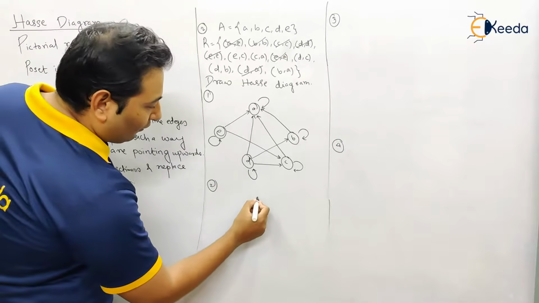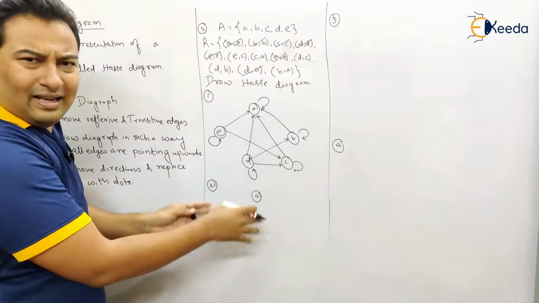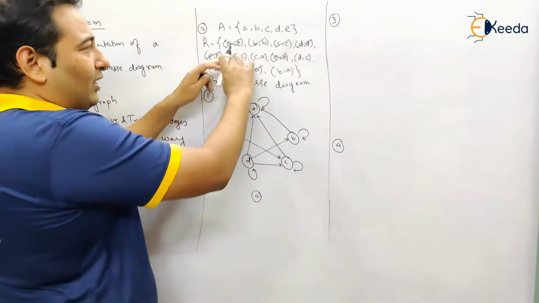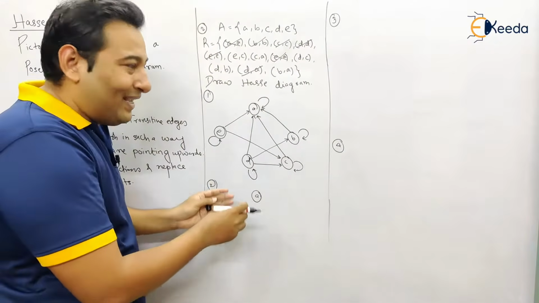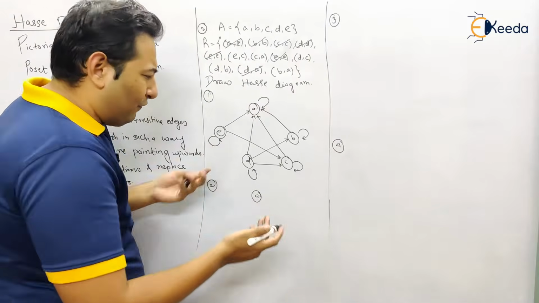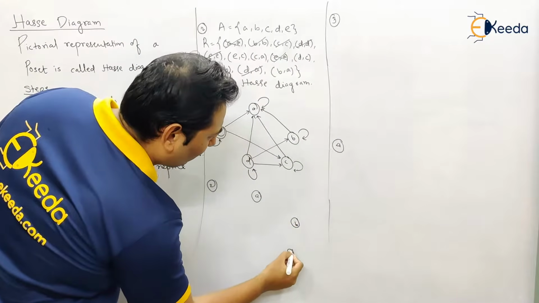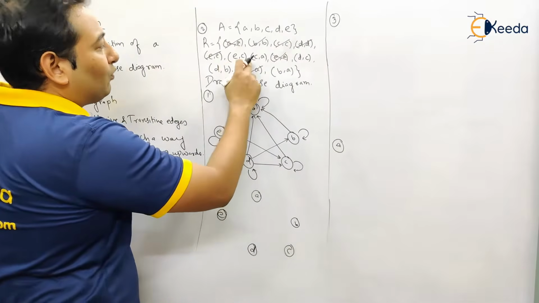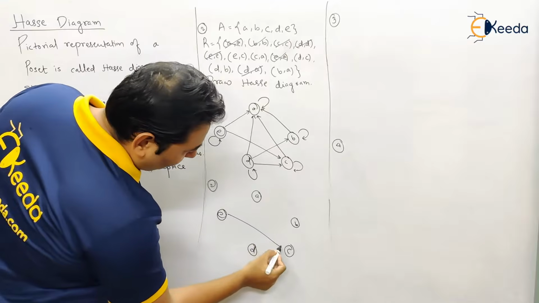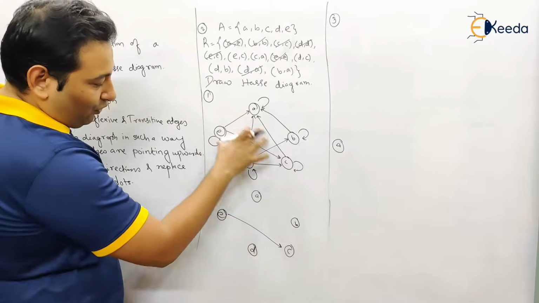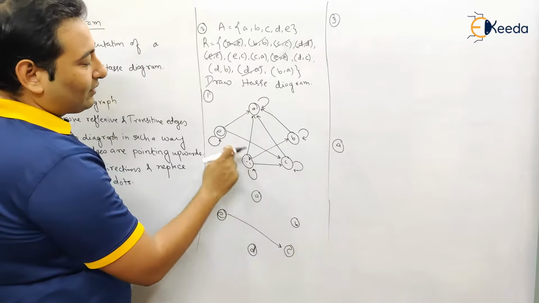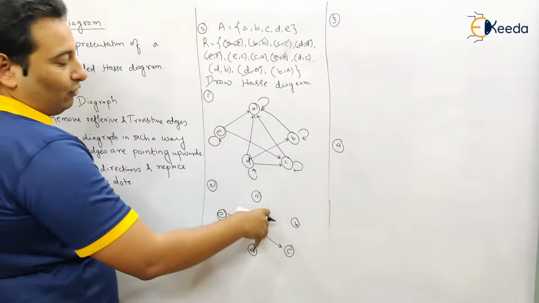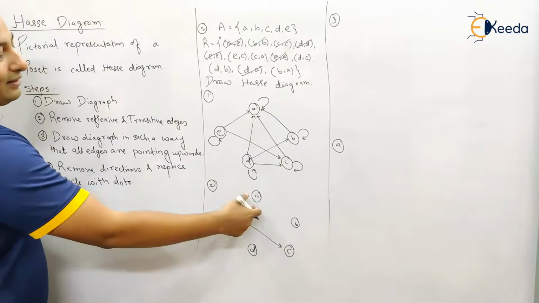So let us draw now. If something is left, once we are done with this, we can remove it after that also. So let's first draw this so that the resultant diagram will be less complicated, and we can identify afterwards. So let us do it. We are left with what? EC. So this is my EC. Exactly the same way we're going to draw this. At the same place, we're going to write down the elements A, B, C, D, E. Only fewer arrows will be there in this diagram.